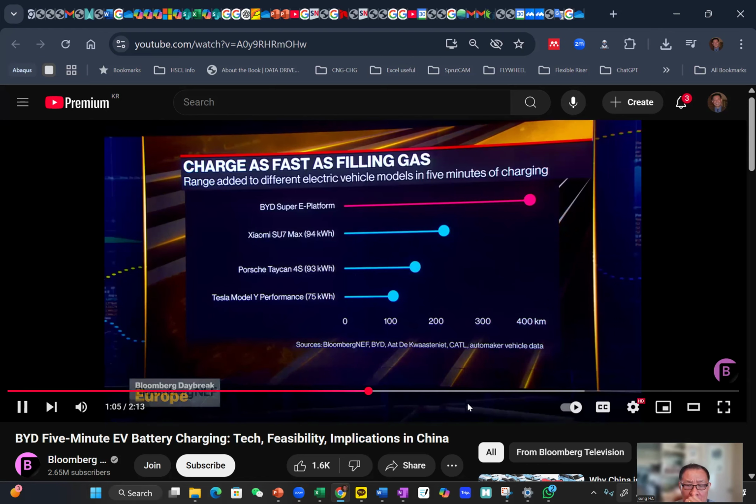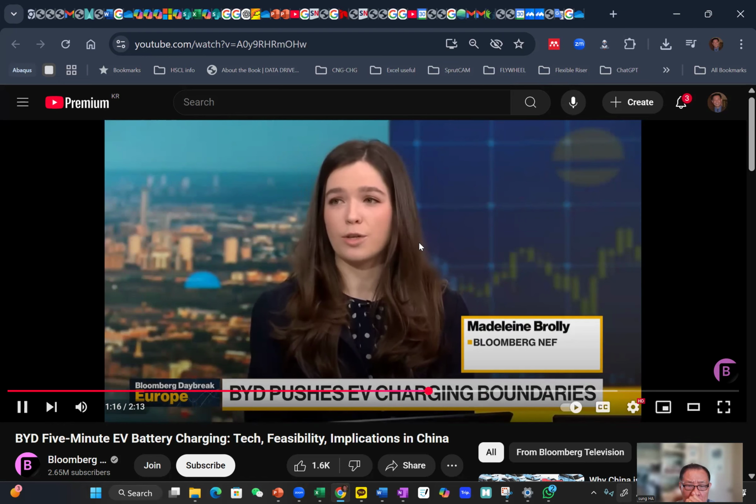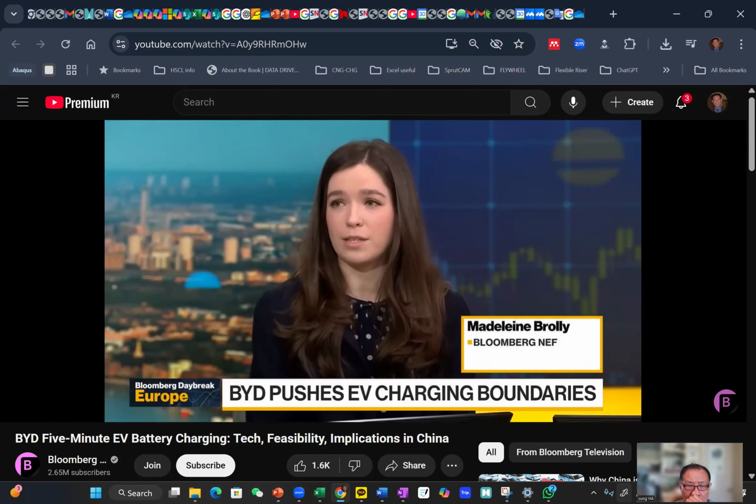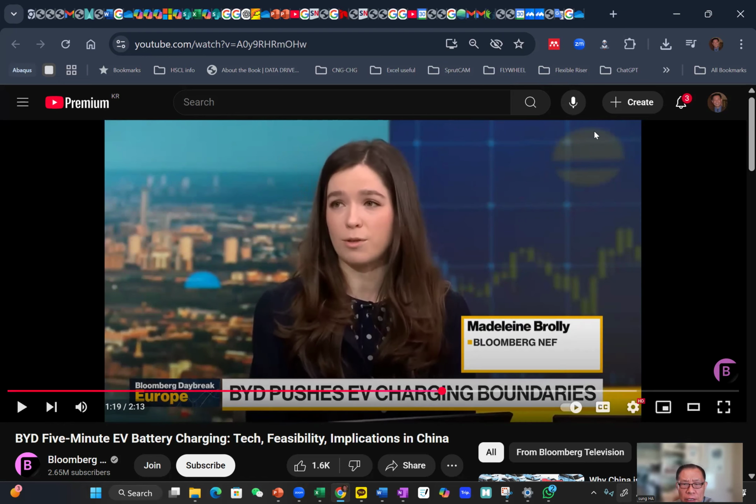But that isn't going to touch the sides of China's 3.6 million public chargers that are already installed and can't necessarily deliver this power. Probably also worth flagging, you need to be plugging in at a very low state of charge to pull that megawatt of power and achieve these really super fast speeds. So anyhow, the point is, what kind of technology does BYD have to reach that super fast charging? Well, I'm sure the detailed technology has not been released, but